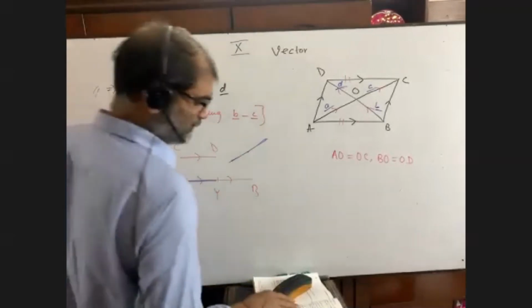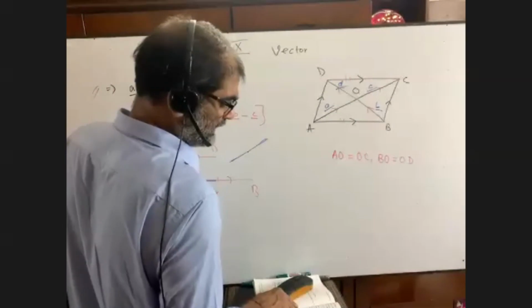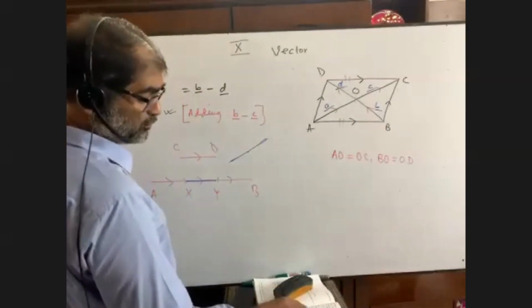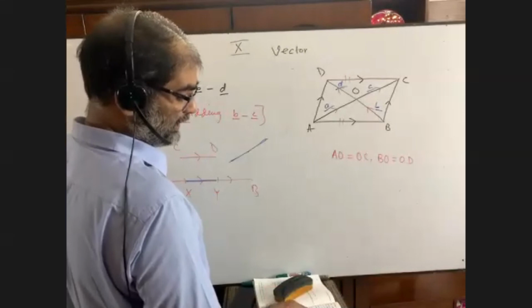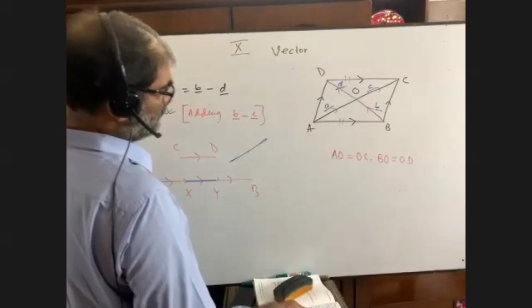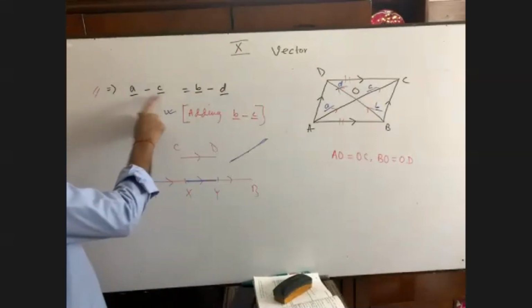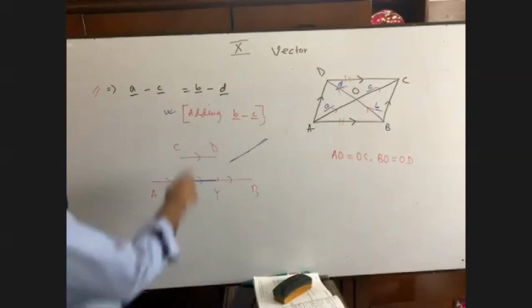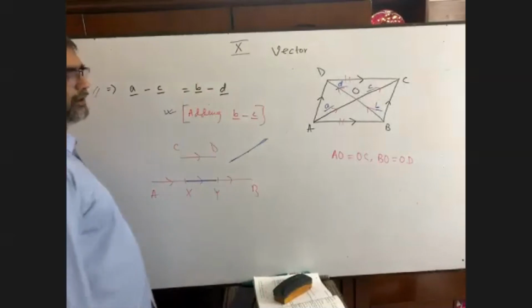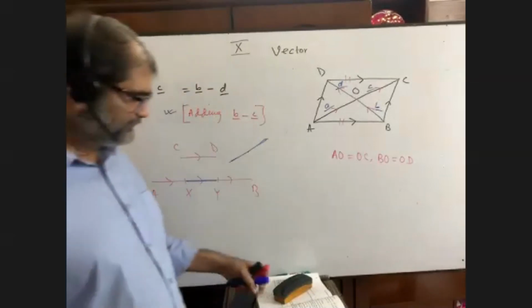And you see, it is written there. Here the support of A and C is AC. You see, please go to the question. Here the support of B and D is BD. Okay. For this, it is written the support of A minus C is AC. The support of B minus D is BD. Have you seen it?